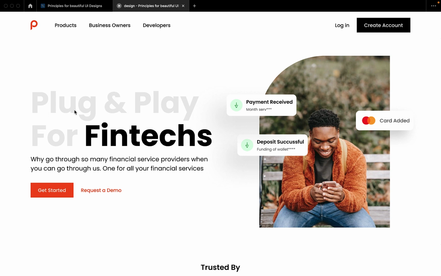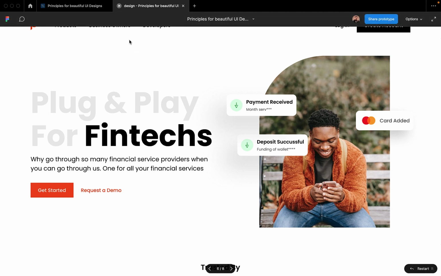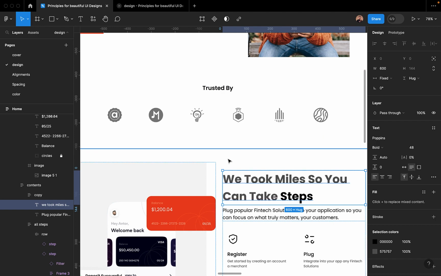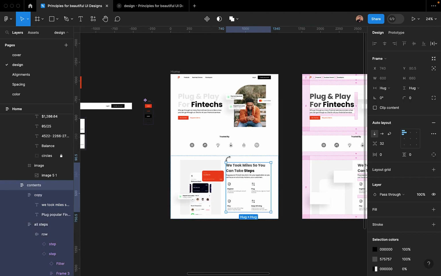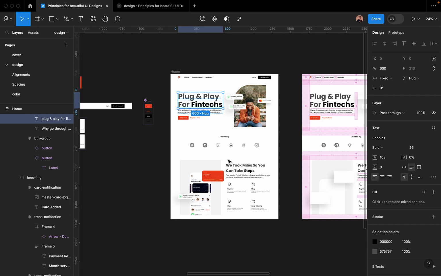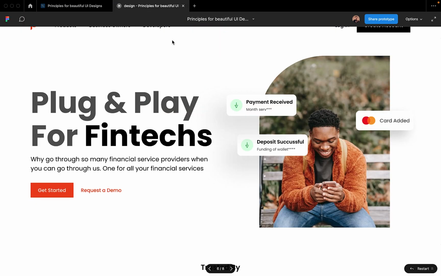For example, as you can see, this plug and play here. So let me Control Z now the way it was before. Control Z, Control Z again, and a few more times. All right, cool. The way this plug and play